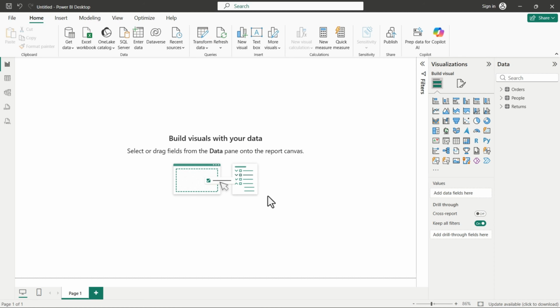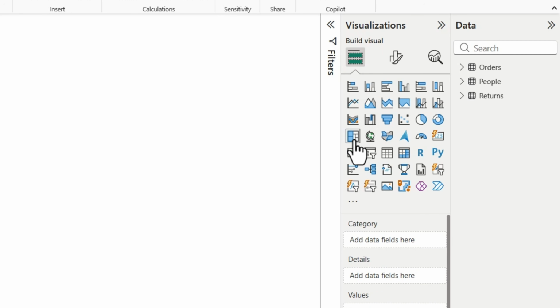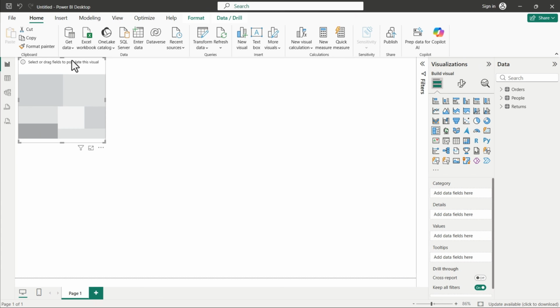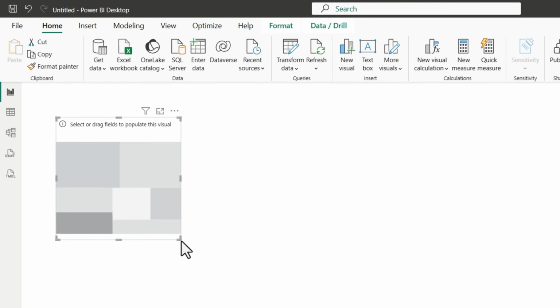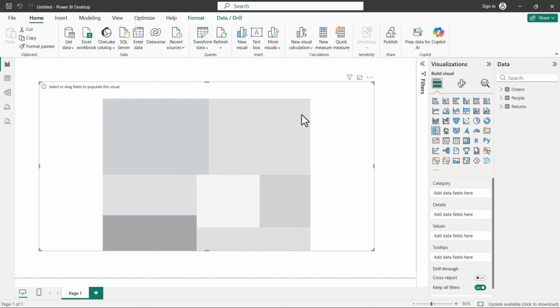Now, head over to the Visualizations pane on the right side of your screen. Look for the icon that looks like a grid of colored rectangles. It's sitting right next to the map visuals. Go ahead and click that Treemap icon. This drops a blank visual frame onto our canvas. I'll grab these corner handles and stretch it out across the screen so we have plenty of space to examine